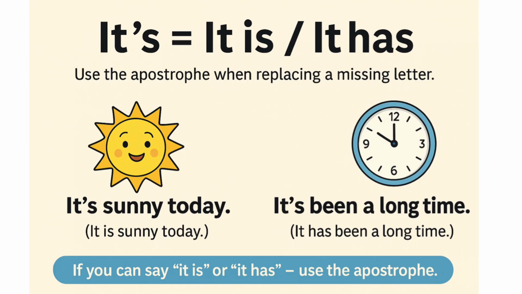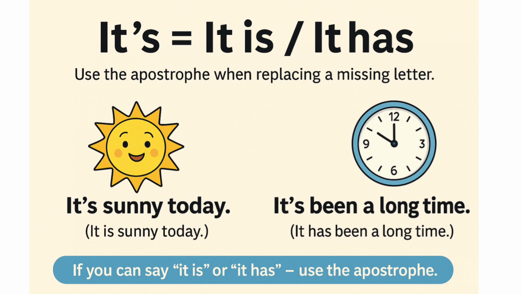Let's start with it's with an apostrophe. The apostrophe replaces a missing letter in a contraction. It's is short for it is or it has. For example, it's raining. It is raining. It's been a long day. It has been a long day. Tip: if you can replace it's with it is or it has, and the sentence still makes sense, then use